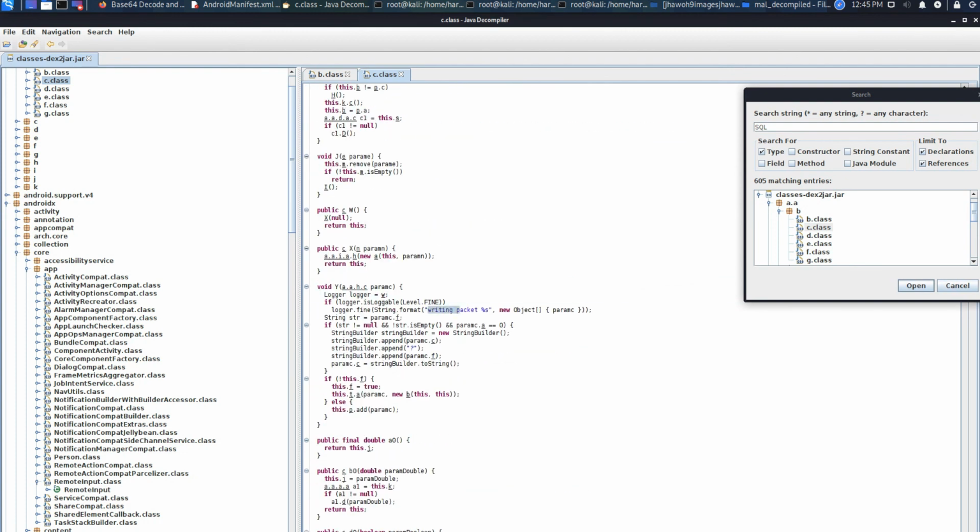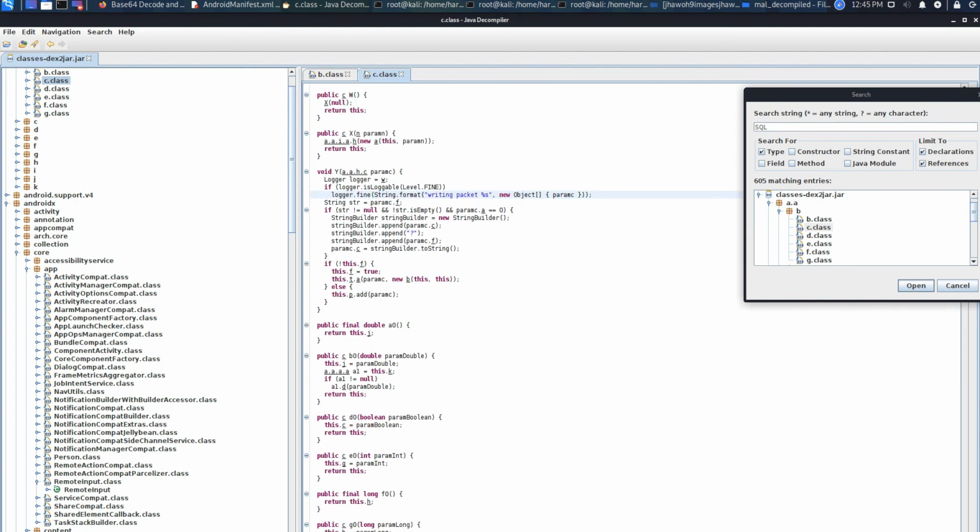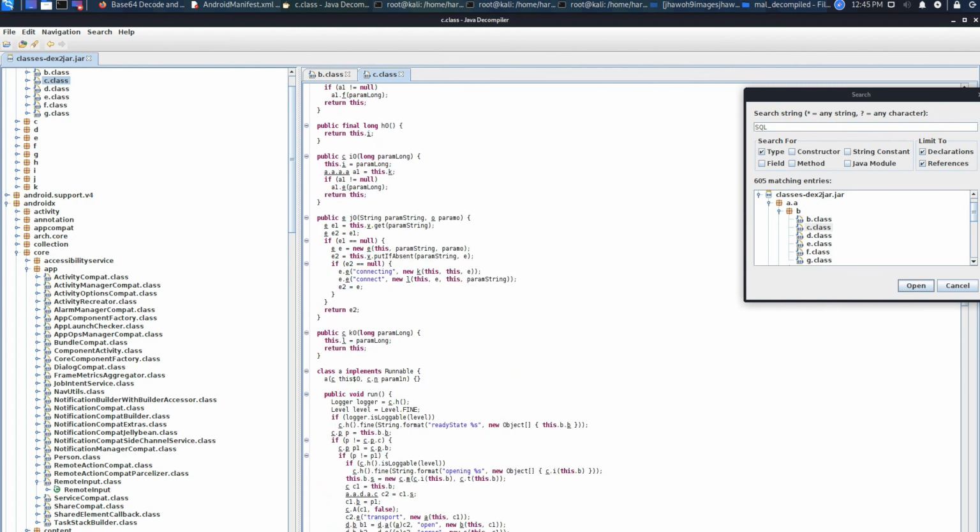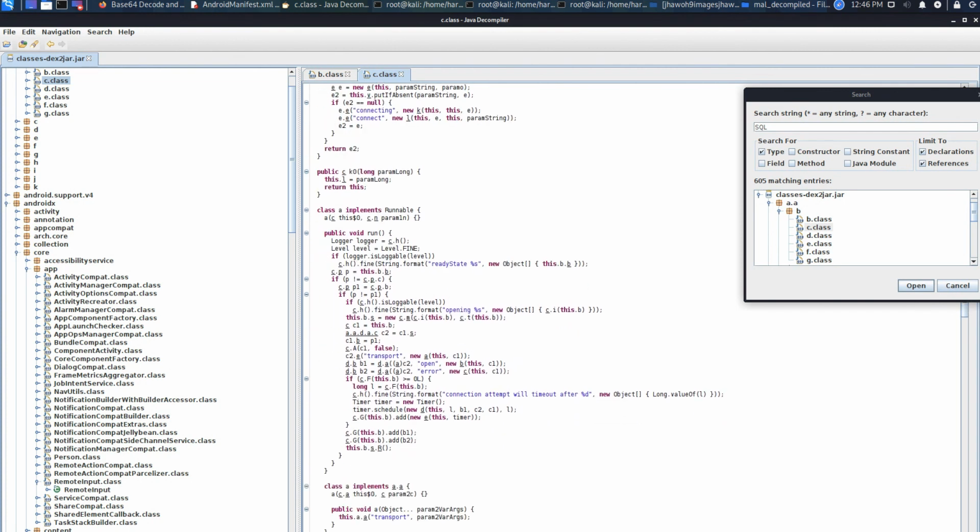Yeah, writing packet. In the strings we observed, right, something of packets it is happening. Maybe it is writing the packet and sending to the second application, and from there it may be transmitting, or from here also it may be transmitting. From this application also it will be transmitting, because we saw already the URL from where the socket has to be connected. Maybe he is using that application as a backup.